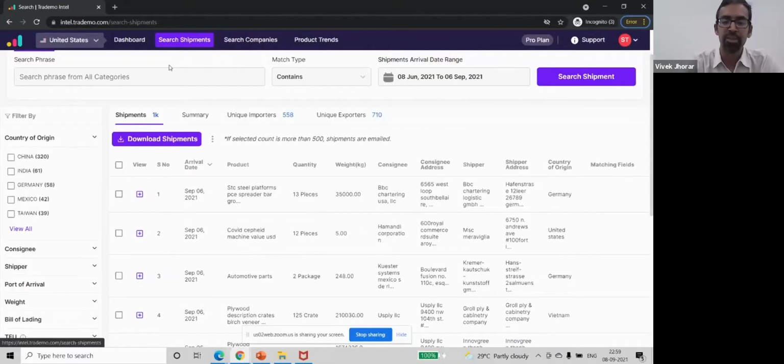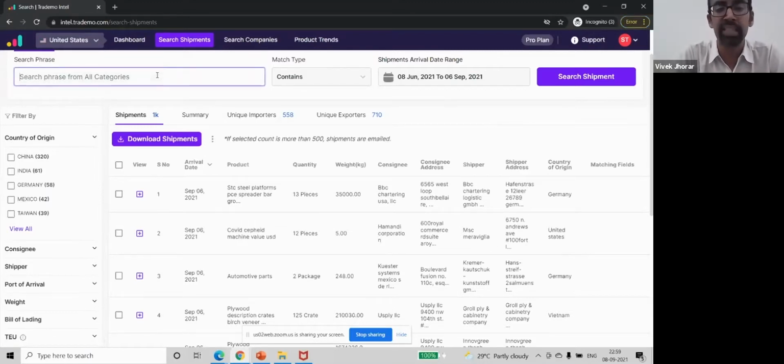Because this feels very daunting to contact a new supplier in a new country without even knowing their background or their track record. So here it is, mostly for you and for the benefit of a lot of other people. So let's see, you can search all the shipments which are coming to US imports via marine shipping using this data.